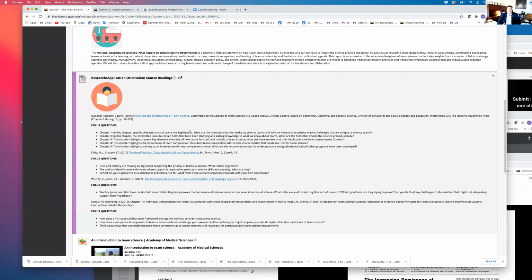Like, for instance, in a couple of the discussion boards, I saw some things being brought up like TeamSTEPPS, for instance, and why doesn't TeamSTEPPS enter into this literature that I've introduced you to? There's a good example of how team training and the protocols and the best behaviors that go into teaming are not always the way team science approaches it, because team science is predominantly the study of teams and also the study of science teams.